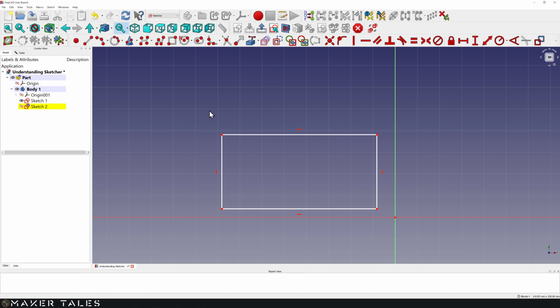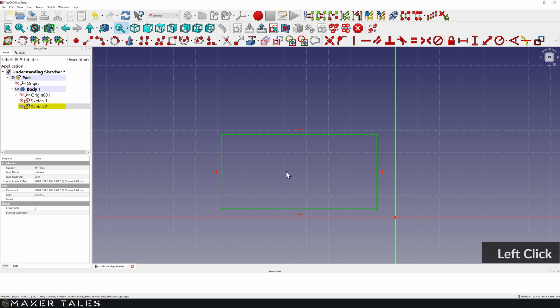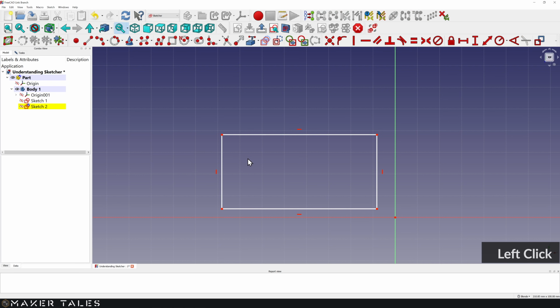And this is a copy, not a clone, which means that if Sketch 1 changes, it's not going to go ahead and change Sketch 2. So we'll hide Sketch 1 just to show you that Sketch 2 now has that exact copy right here. There is a caveat to this though. You can get something called an out of scope copy or an out of scope reference, whatever you want to call it, which basically means you won't be able to copy the sketch.